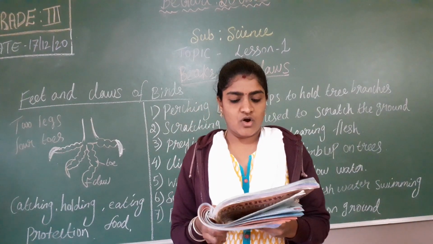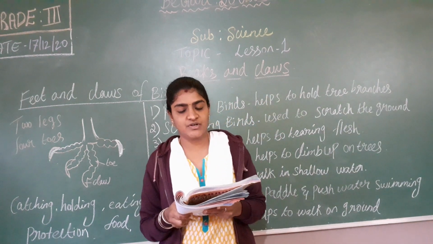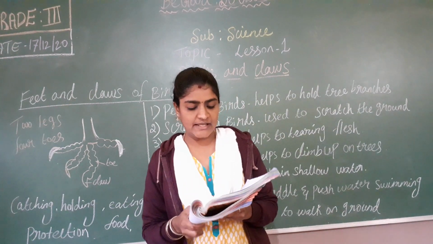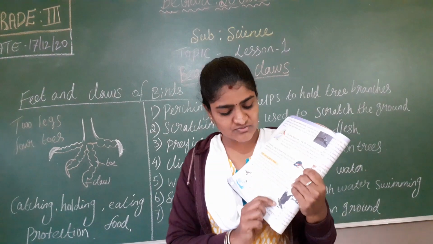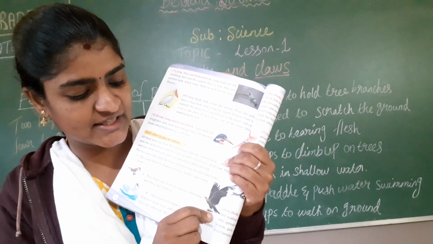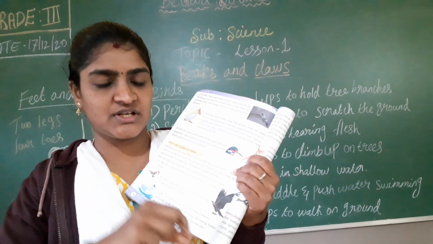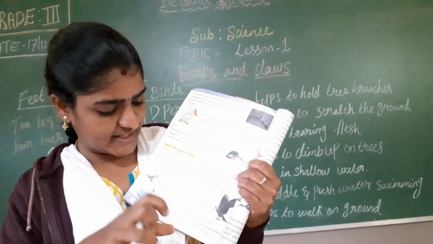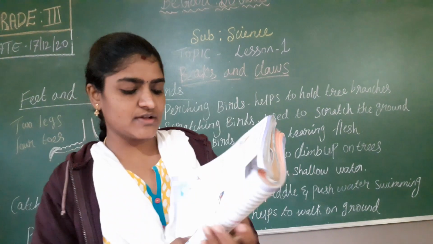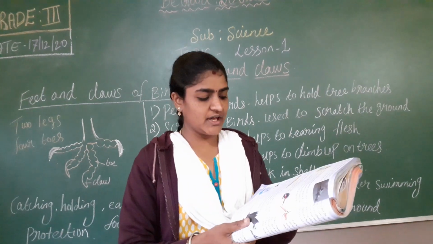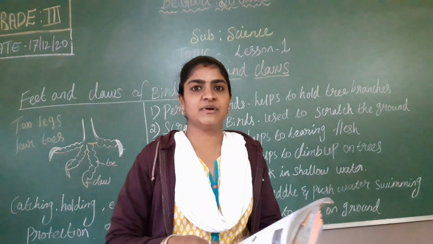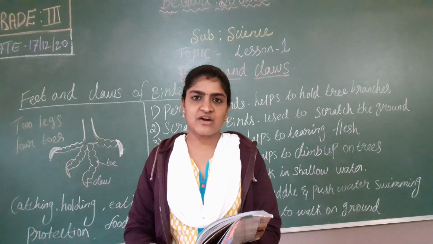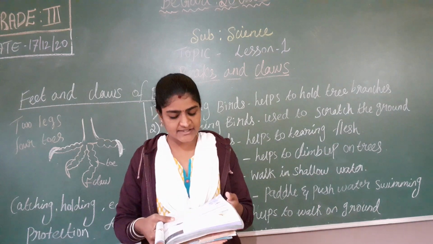The feet and claws help the birds in performing the following tasks. The claws help the bird in catching, holding, and eating food, etc. For example, with the help of claws, it can get a grip whenever it wants to sit on the trees. Using these claws, it takes a grip on the plants. Also, they are used for eating food. A few animals use claws to tear the flesh, and after that they eat the flesh of the other animal.